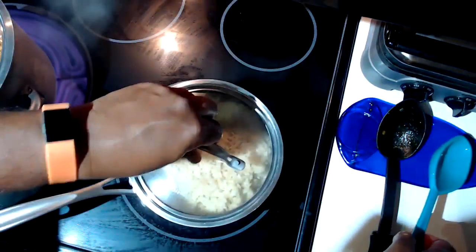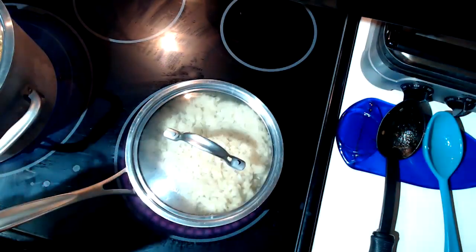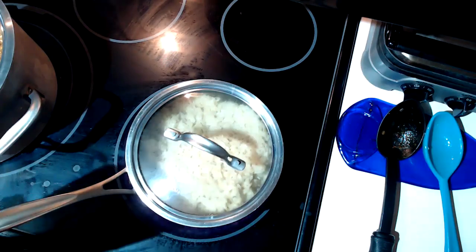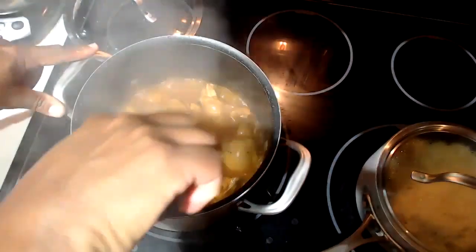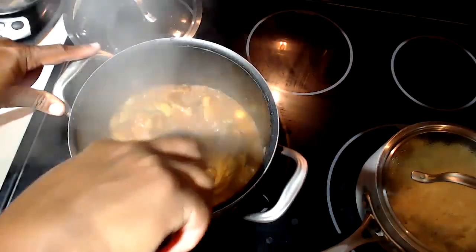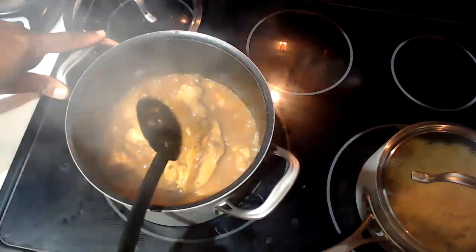We cover it again and we continue cooking. The rice is almost there, but it's still going to need like 10, 15 more minutes. Our chicken is boiling. So we're going to stir it. You see how pretty it looks? The sauce is getting thicker. So we are getting ready to add